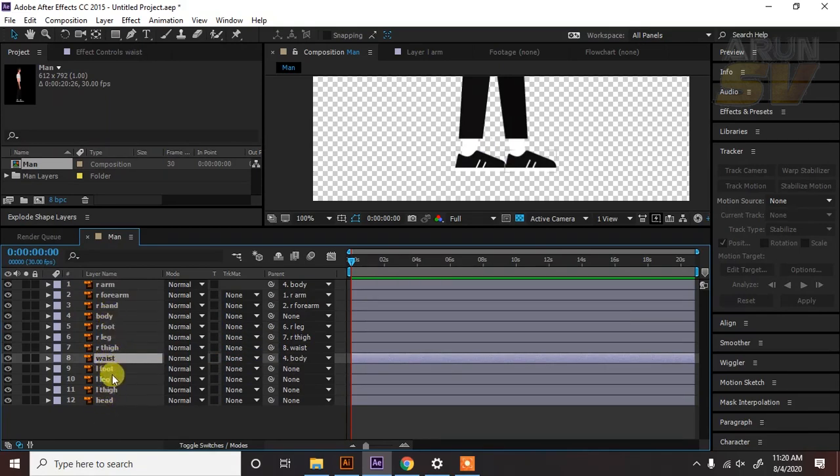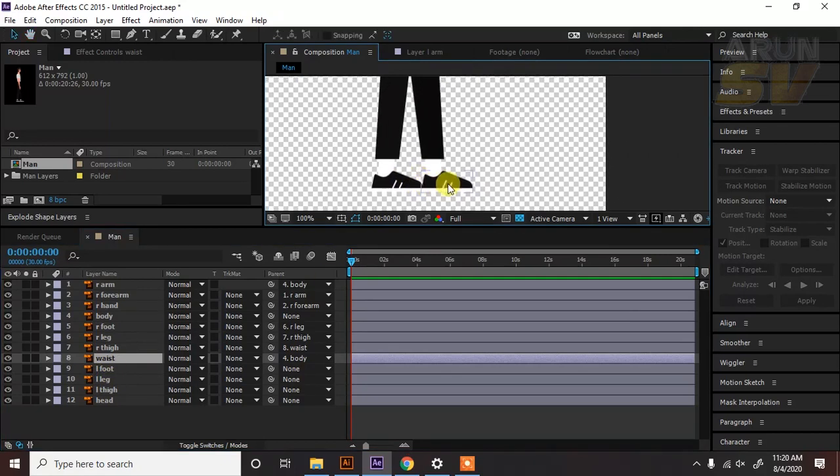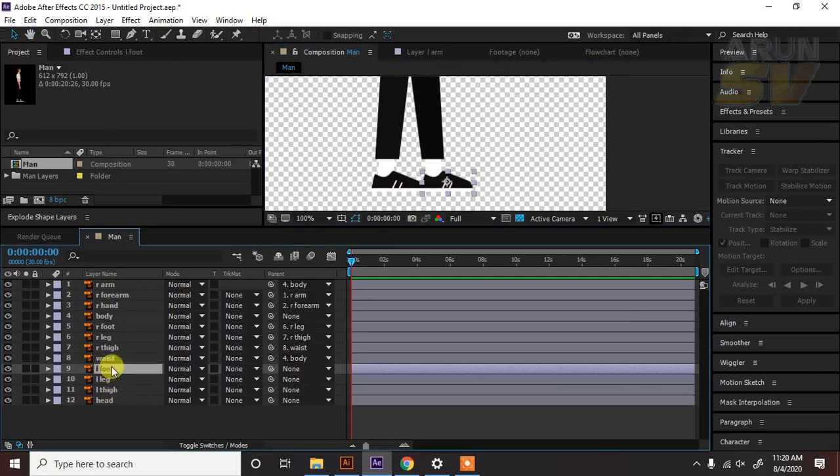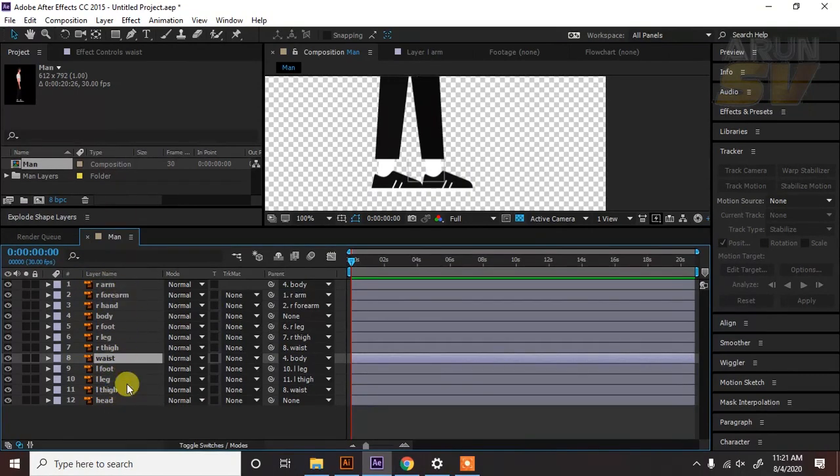Okay, likewise we do it for the left leg also. So left foot to left leg, then left leg to left thigh, then left thigh to waist, then we already parented the waist to body. We parent all the layers in the correct manner, then head to body. All the layers are parented to body.